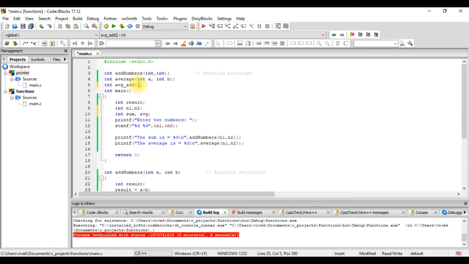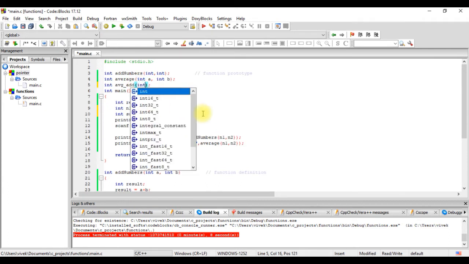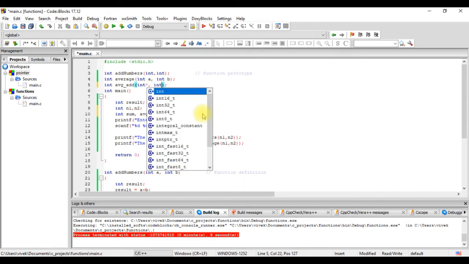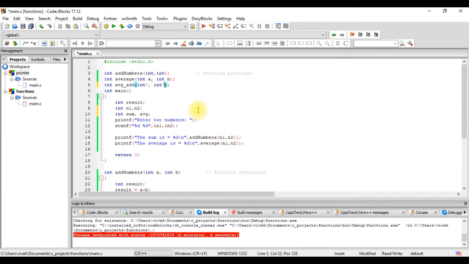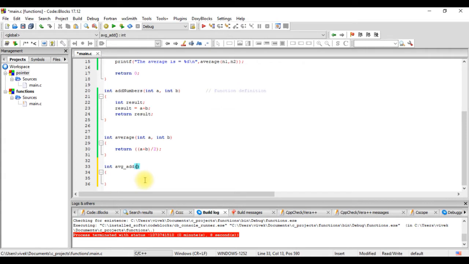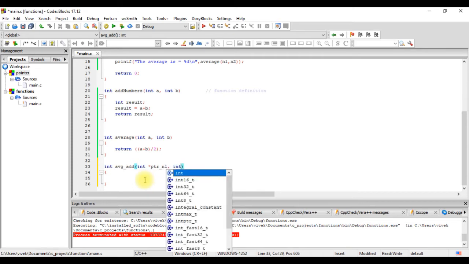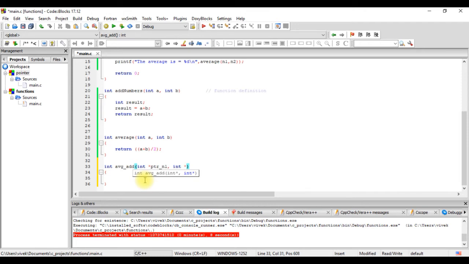So two of our arguments will be int star comma int star. So these two variables are int star ptr underscore n1 suppose, and int star ptr underscore n2.